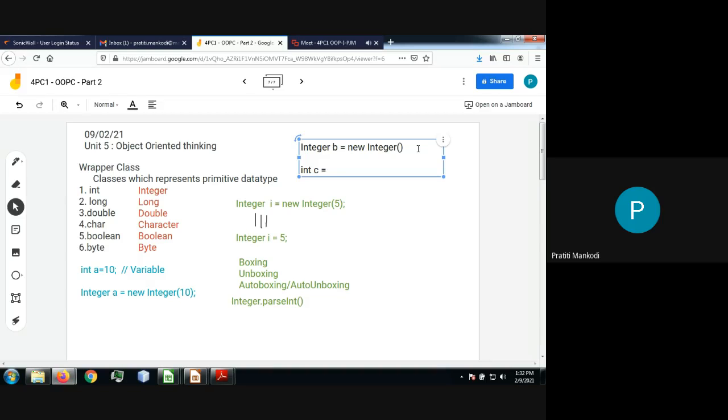So it is something like when you are creating an object of type integer, or for a wrapper class, you have to initialize it. You should not have a no argumented constructor. You should always give a value which will be stored inside that object. So it is not supported. That is a constraint we have to remember.